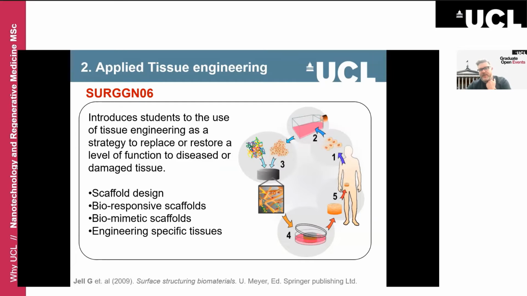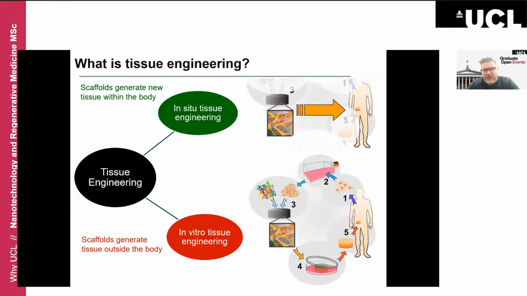I lead a module on tissue engineering, which introduces students to how tissue engineering is used in medicine, the potential, and also the challenges. We talk about different types of tissue engineering approaches. There are two main approaches where you grow tissues outside the body, and you do this by normally extracting cells from the person, expanding them in culture, adding them to a tissue scaffold, growing it some more, and then putting it back in the person. That's called in vitro tissue engineering. So when you see those beating hearts, that's the type of tissue engineering they're talking about.